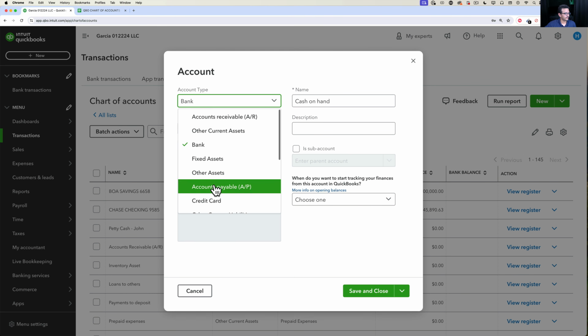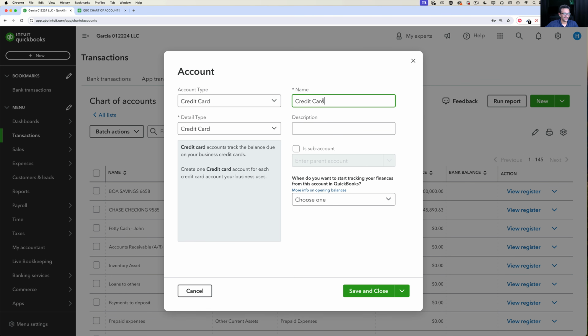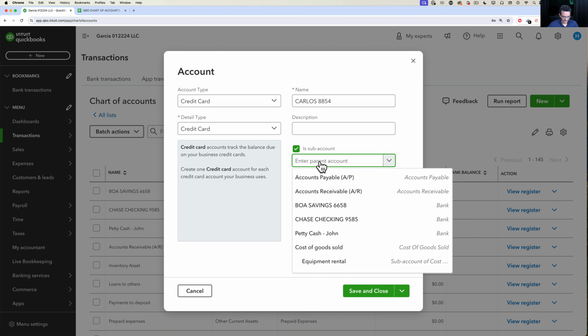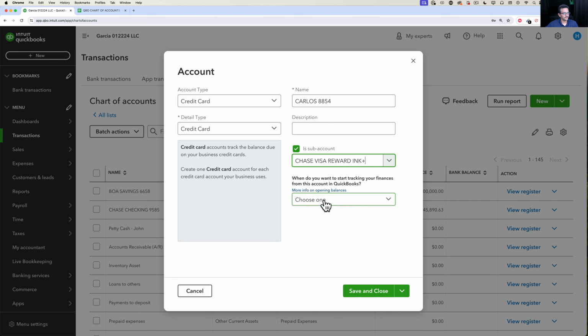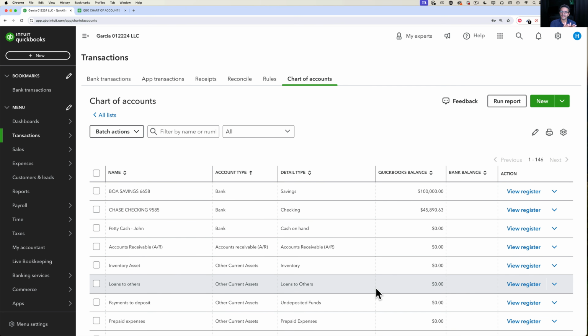We'll pick here credit card. Hopefully you're getting the hang of this at this point. Let's do Carlos and put the last 4 digits. Make it a sub-account and look for that account, the Rewards Plus Inc. And then no beginning balance, again, because the master parent account has that. Save and close. And let's say that's it. Let's say that's all of our assets and our liabilities, and we used our chart of accounts to build that